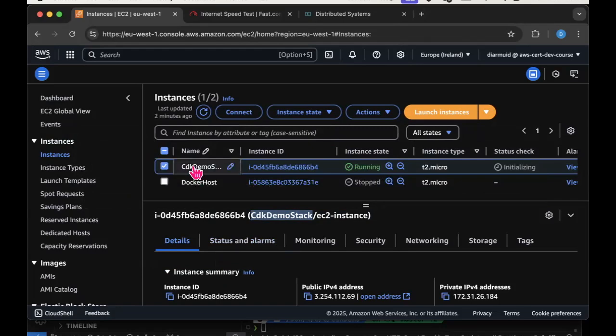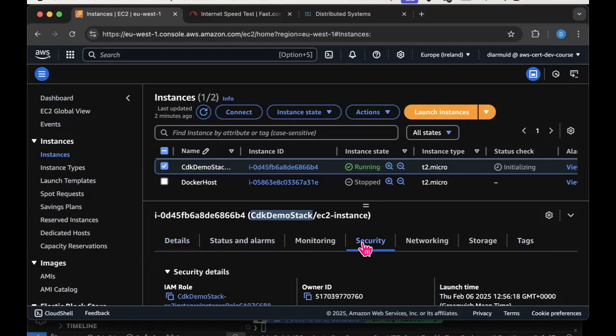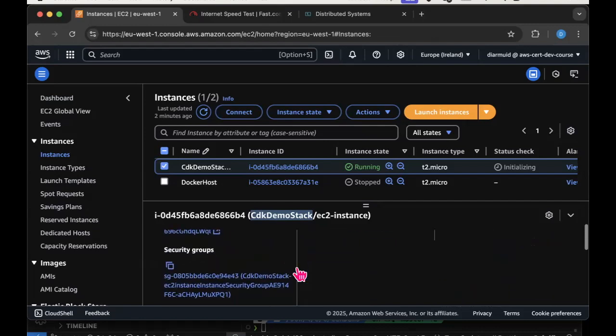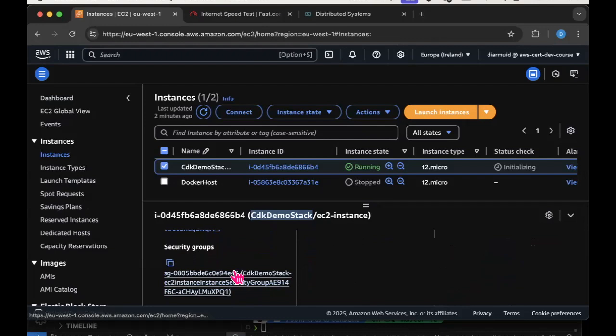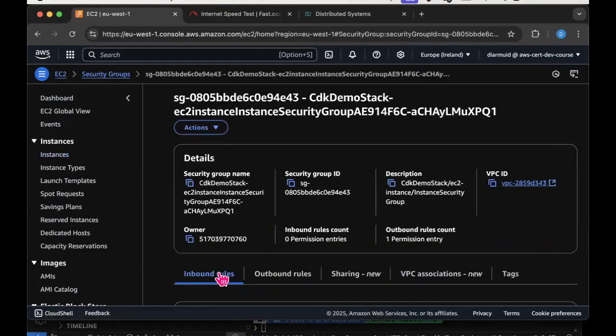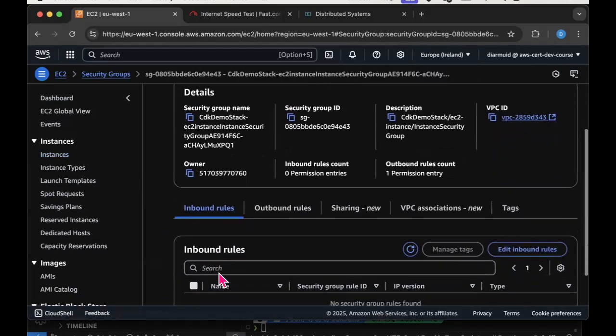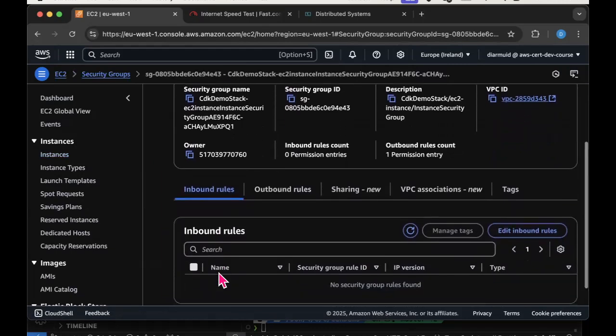If I look at the configuration of this EC2 instance, and go into the security part, and access the security group that has been defined for my EC2 instance, it's telling me that there are no inbound rules.